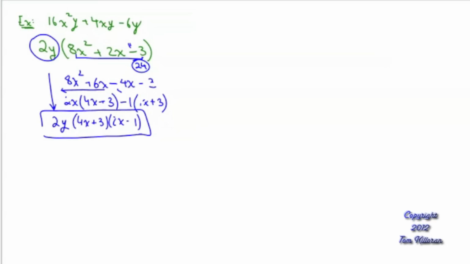Alright, so I just want to make sure I got it. You get the GCF. If it has it, kick it out. You bring the GCF down, and that's going to be on the outside, whatever inside. And then if it has a lead coefficient, a number in front outside of a 1,